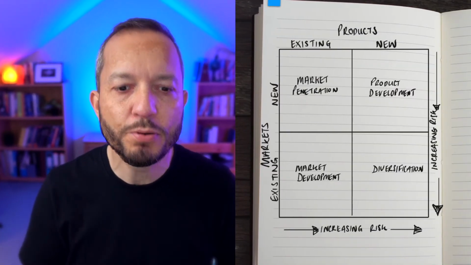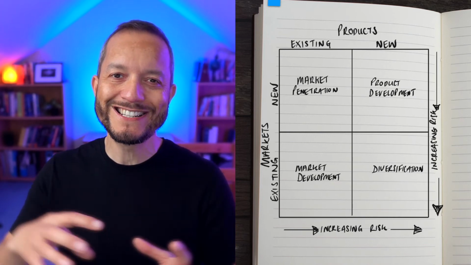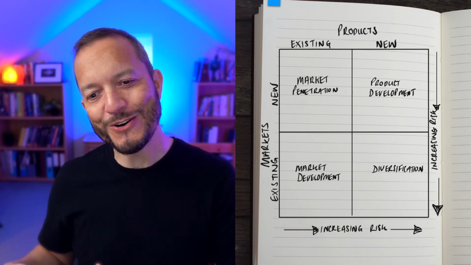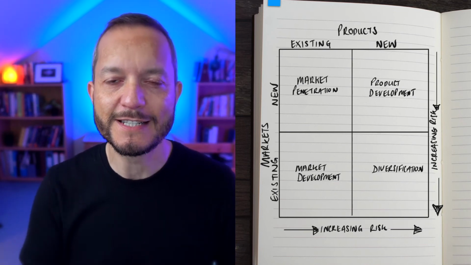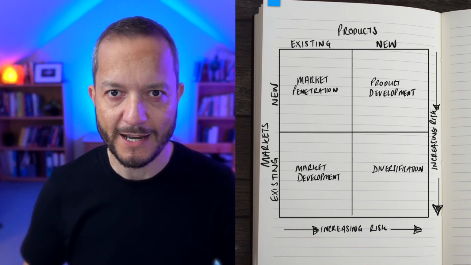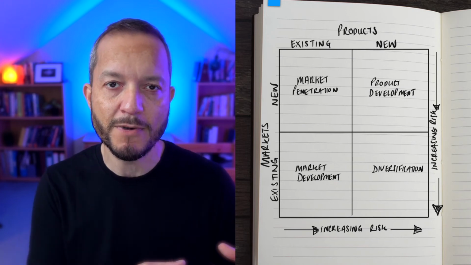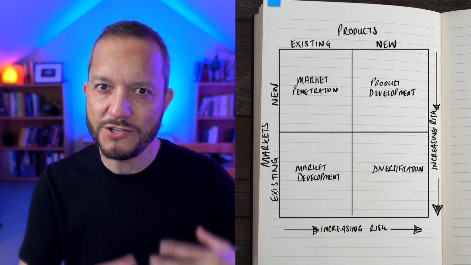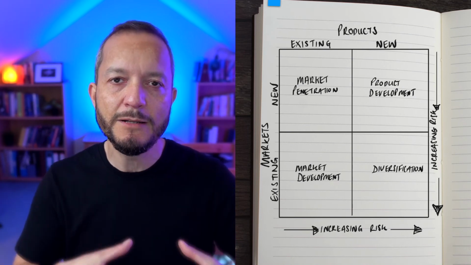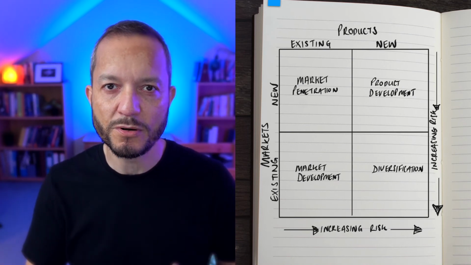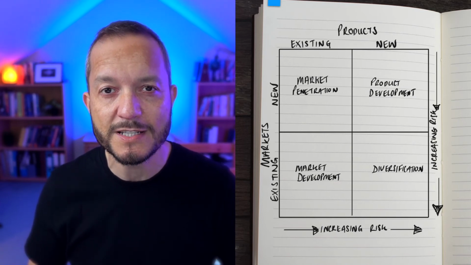And then the final one is diversification. So we build new products and we take them to new markets. Now, if we were to look at a risk scale, the further you go into that bottom right-hand quadrant, the more risky it is. It's safer to sell more of what you've got and stay in the top left. It's moderately safer to develop new products for the same markets because we've got validation, we've got data, we know there's a demand for those products. It's moderately more risky to develop those products into new markets. The level of risk is increasing at each stage of this.